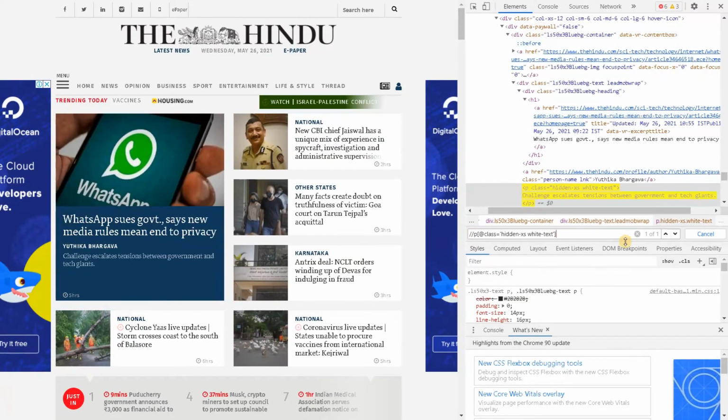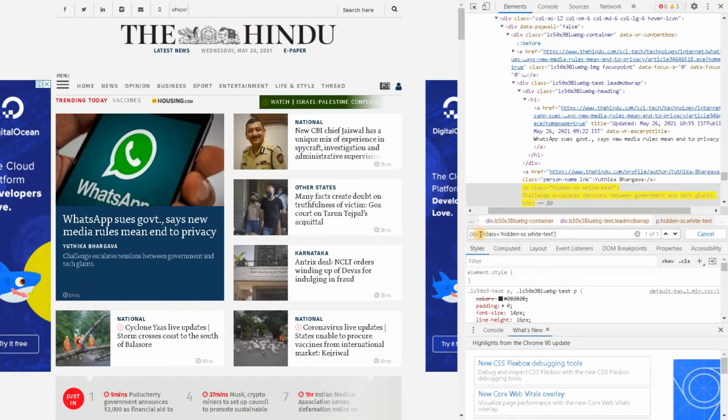So here you can see only one element is there. We need to check the number of elements. Sometimes there will be duplicate classes or IDs. So at that time there will be numerous elements. We can just press enter to go through the elements. But here we have only one element. So this is unique. So you can use this class name to extract this particular element. So here, if I hover over here, it's just showing that particular paragraph text.